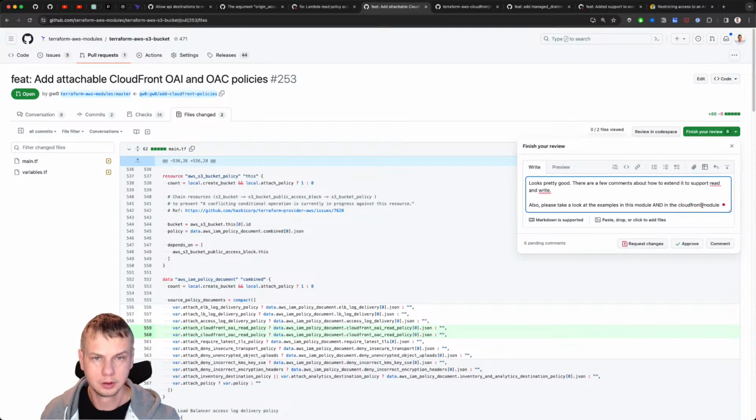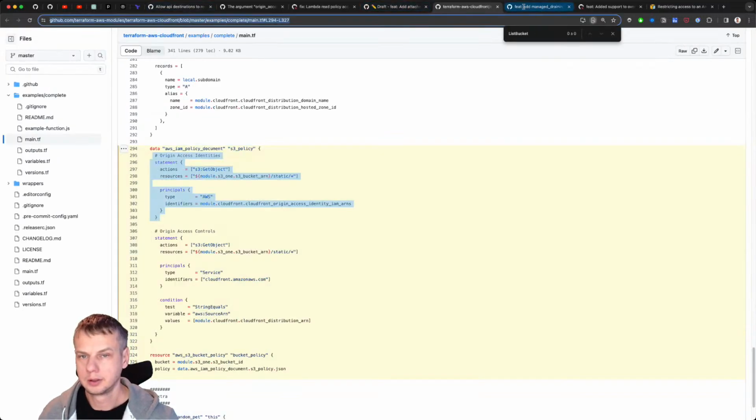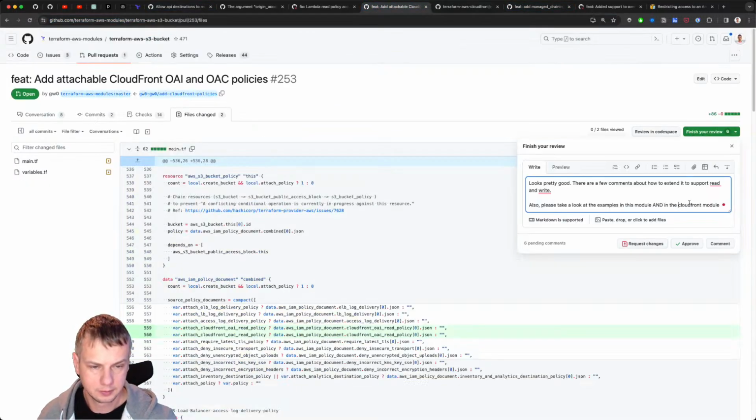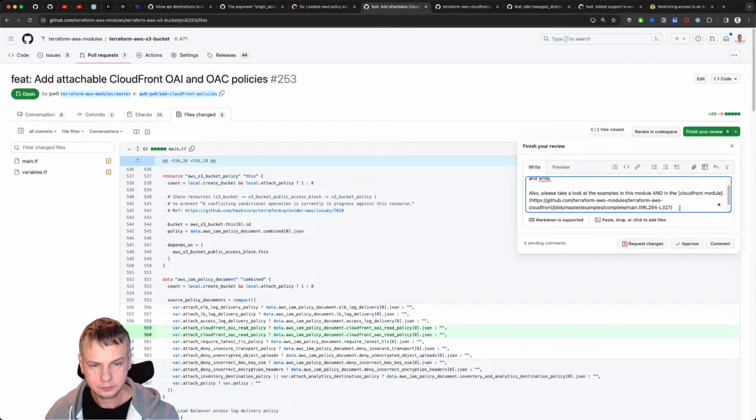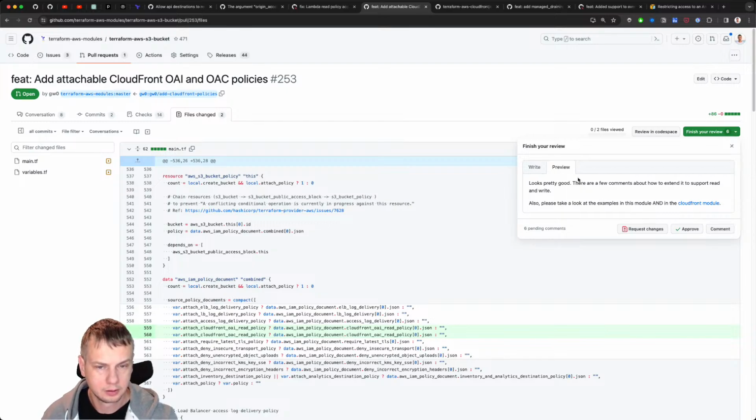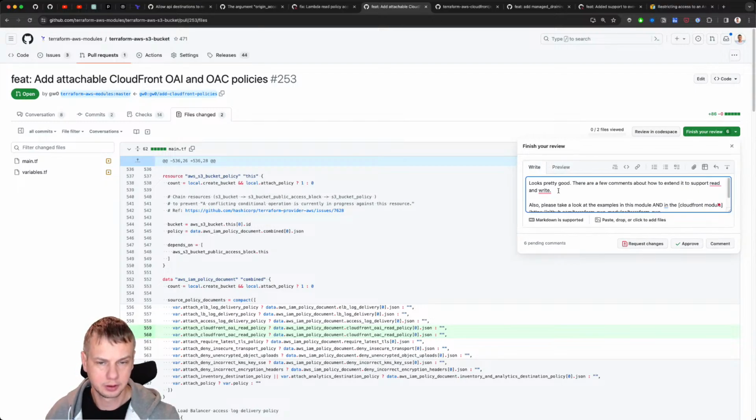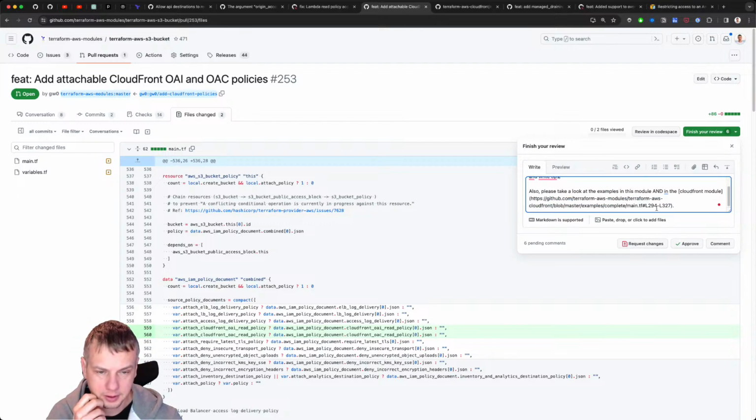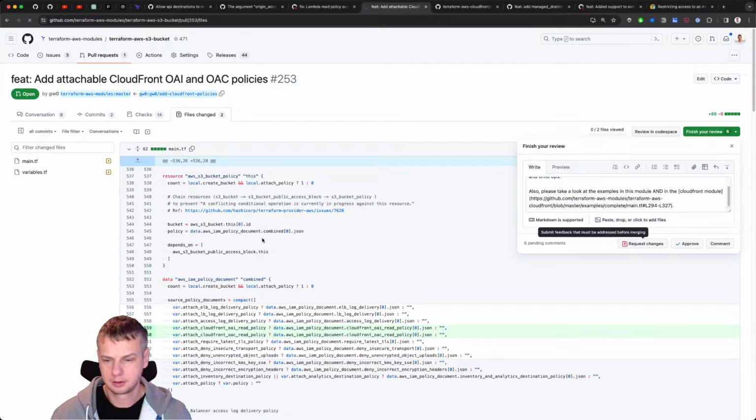CloudFront module like this one. Looks very good. There are a few comments about how to extend it to support read and write. Also, please take a look and request change. Awesome.